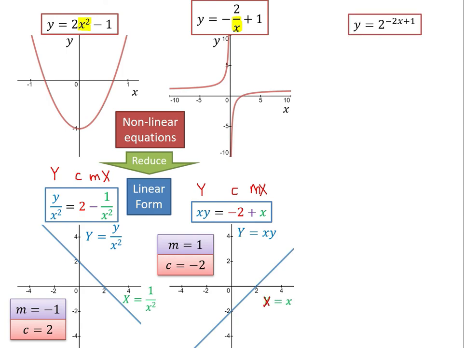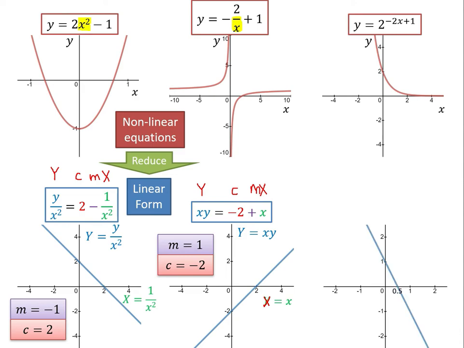y equals 2 to the power of negative 2x plus 1. So this graph, we have to draw in this way. I want to make it become a straight line, which is moving down and passes through the y-intercept of 1. So the gradient is negative 2 and the y-intercept is 1. Now you look back to the original non-linear equation, the x is here as the power. What can we do so that the x goes down and then the gradient becomes negative 2 and the y-intercept becomes 1? Log 2y. Yes, we will take log on both sides